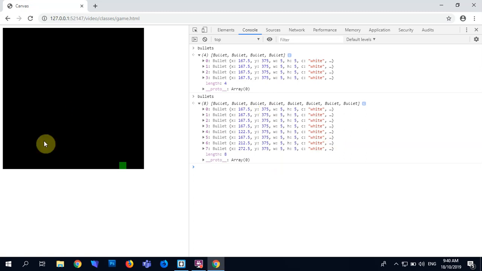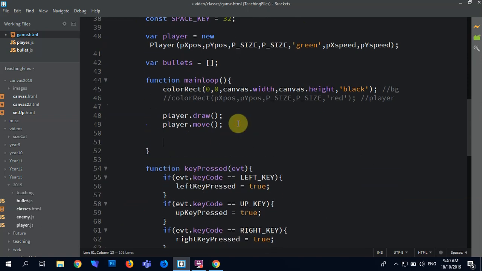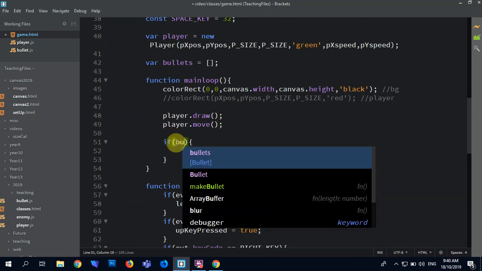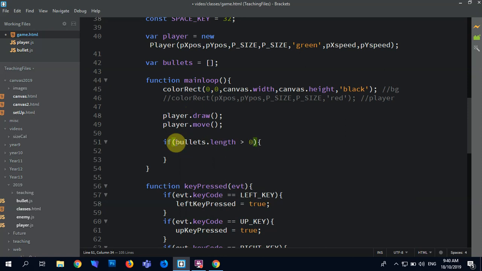Then we want it to actually have our bullets rendering and moving up the screen. So let's get our bullets rendering. So in here, now I'm going to say if a bullet exists in the array. So if bullets.length is greater than 0, so bullets do exist. Then I'll go